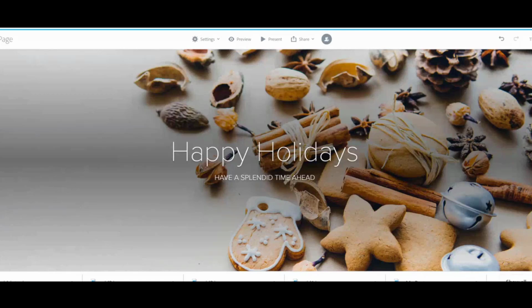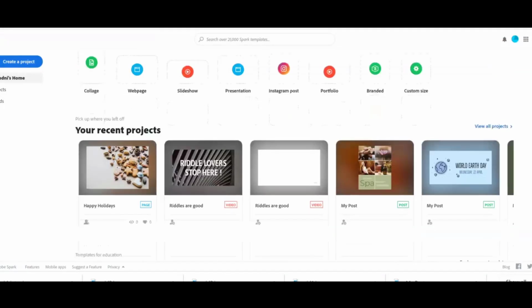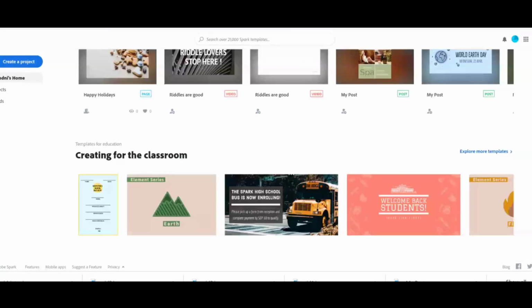So my suggestion is you first plan something good. I'll tell you what will be the layout of planning some projects. That one idea. Then what you want to display in the Spark page.